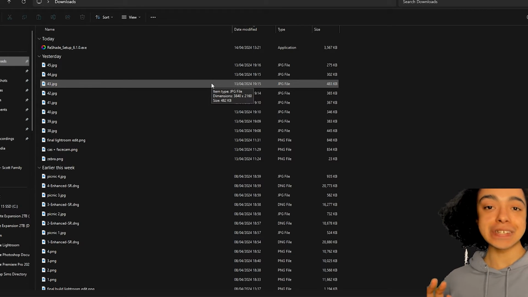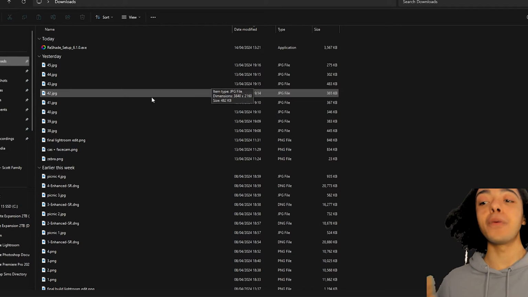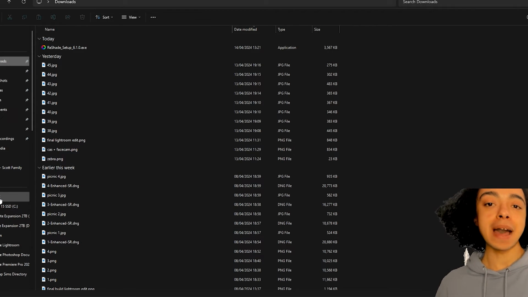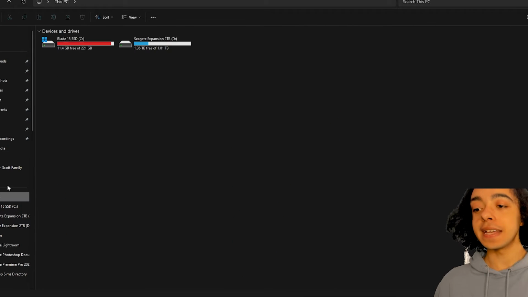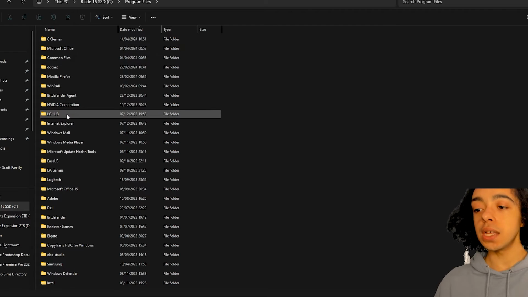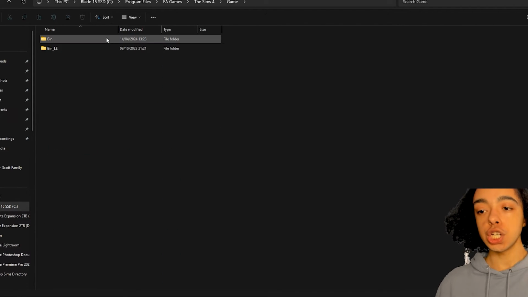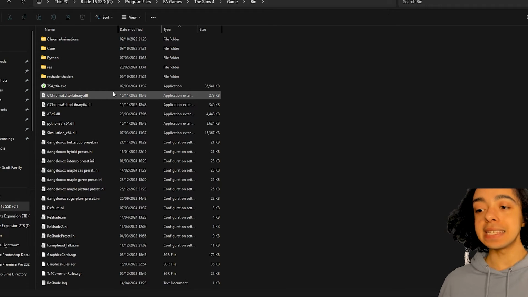Ignore my very cluttered downloads folder. I know it's a mess, but once you've downloaded the 3 presets, it will be here. And we're basically going to go back to where we installed Reshade. So we're going to go back to the game folder. So this PC is where mine says basically C drive, program files, EA Games, The Sims 4, go into the game folder, the bin folder, and this is where all of your